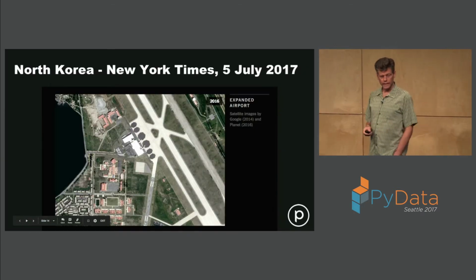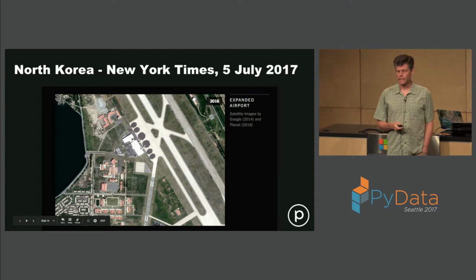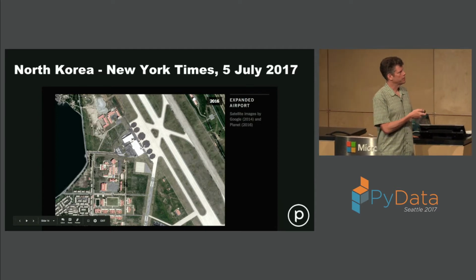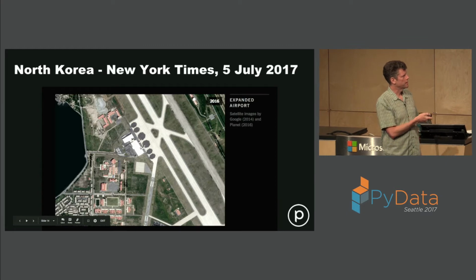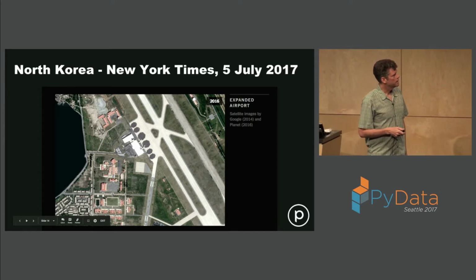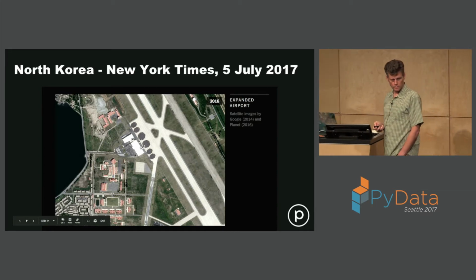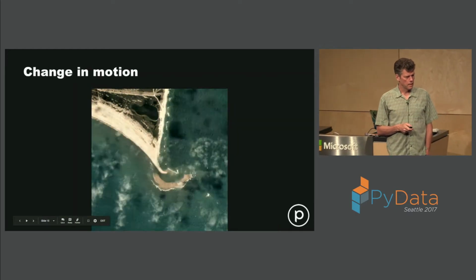This is just this week. So this is actually one of the high-resolution SkySat satellites that I mentioned, but I'm not going to talk about it in any more detail. But this was in the New York Times this week as an example of construction in North Korea. This is an image from an airport in North Korea that was acquired at the end of last year. And then